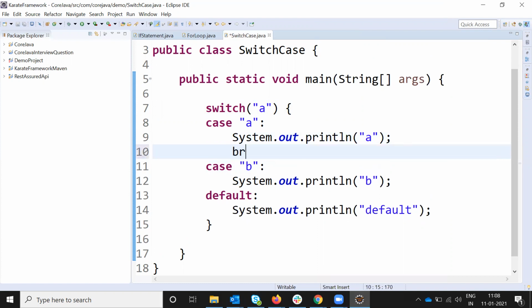If you have a break statement, break means whenever the particular condition is satisfied, you need to stop the code at that location. Imagine your code has thousands of lines, but you need to execute only 10 lines. Then on the 11th line you give the break, and it will execute 10 lines and stop at the break. The code is stopped there only.